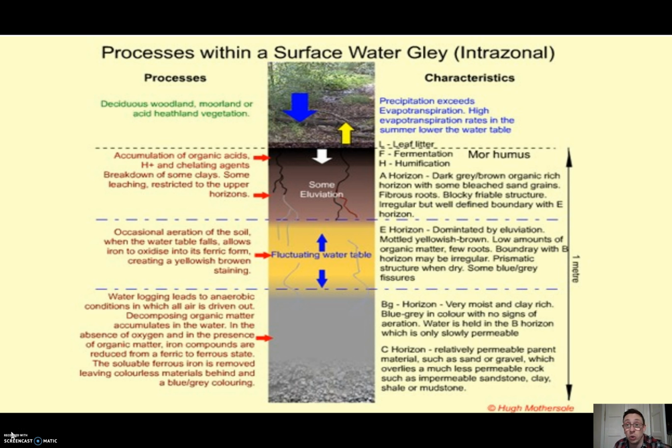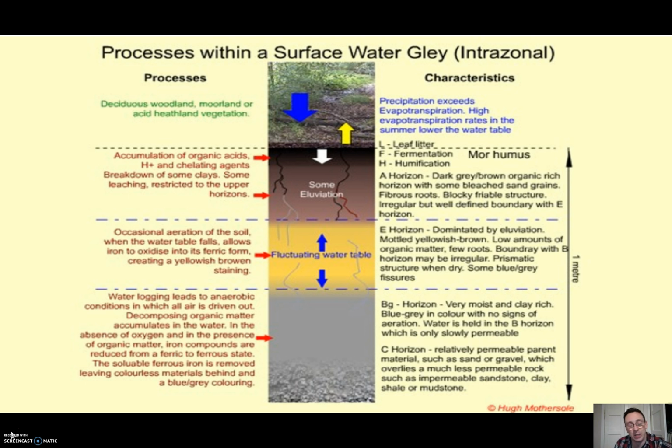So we move through the layers in our Gley, and we're talking about a dark brown-grey A horizon, moving into our yellowy brown stained E horizon, which is driven by the oxidization of iron into its ferric form. We then move last into our B horizon, which is going to be bluey, greeny, grey, because